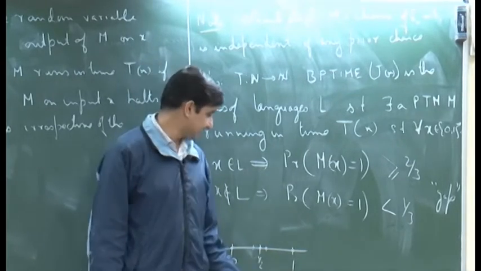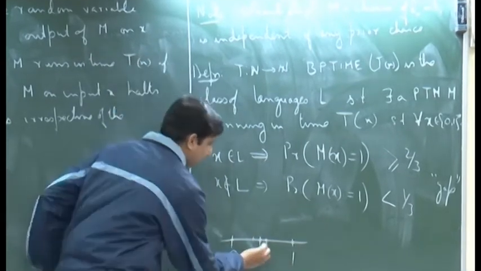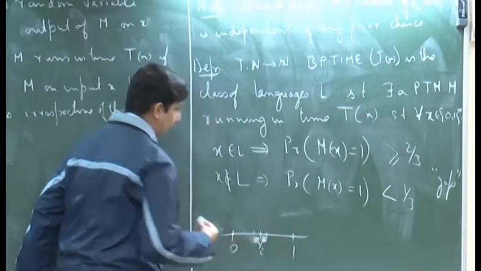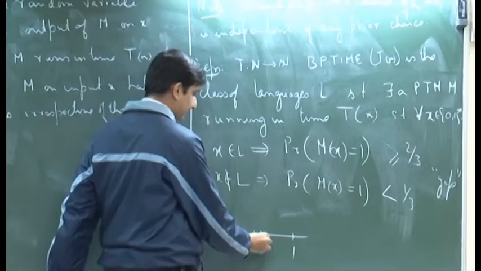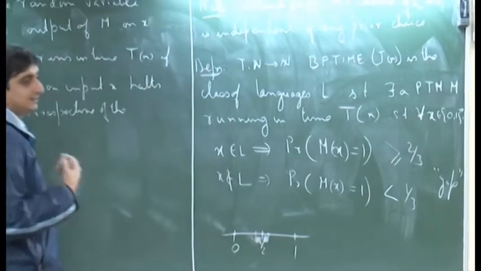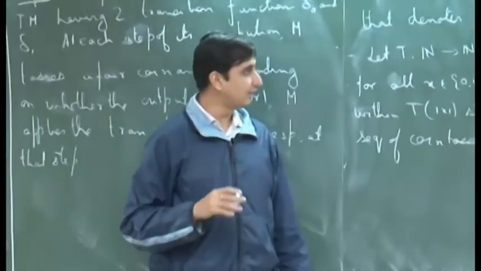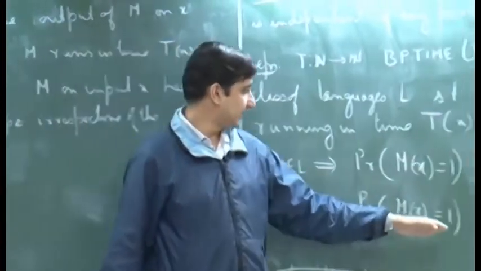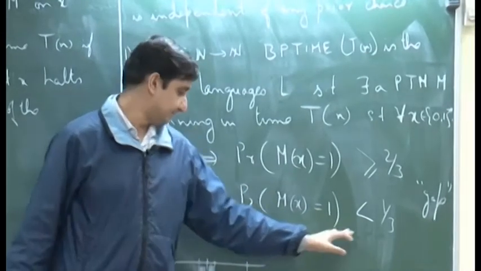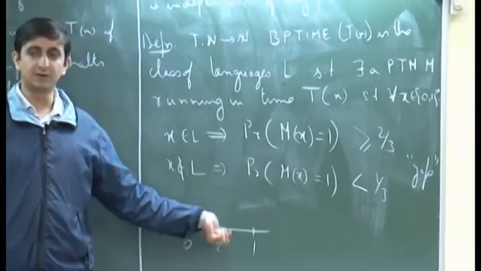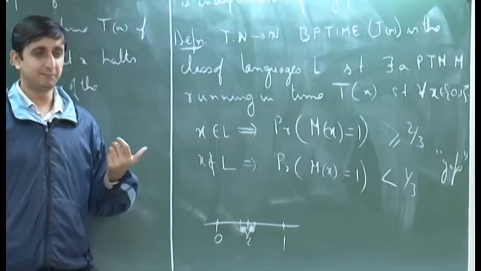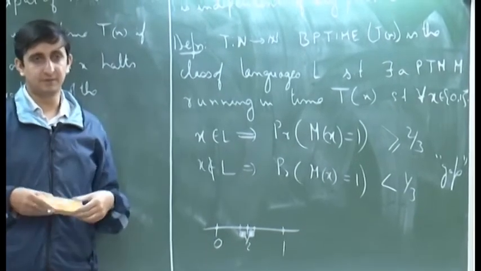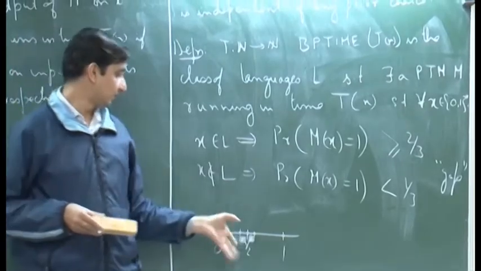Only thing that is necessary is that this gap should be some inverse polynomial, and the same with this. I mean at least some inverse polynomial, and this also should be at least some inverse polynomial. So, that is the only thing that we will see. We have not seen that so far. This is how we are defining it as of now, but we will see that some inverse polynomial will suffice. So, maybe tomorrow or maybe after midsem. I mean not tomorrow, day after tomorrow.